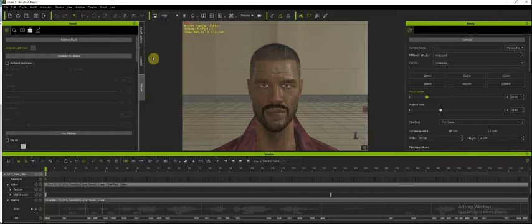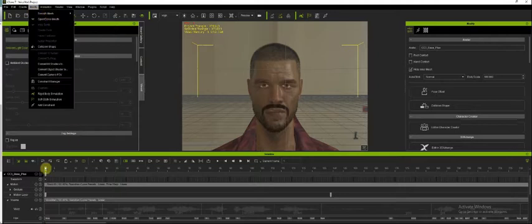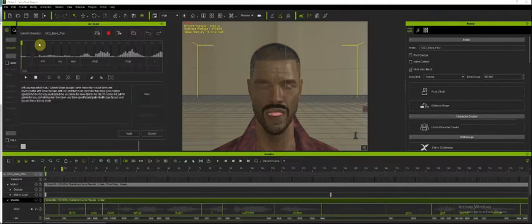Alright, in iClone 7 I set up my character. I created him in CC3 and imported him over here to iClone. And I used the Aculips, and in here, and then I just had to go through, I scrolled